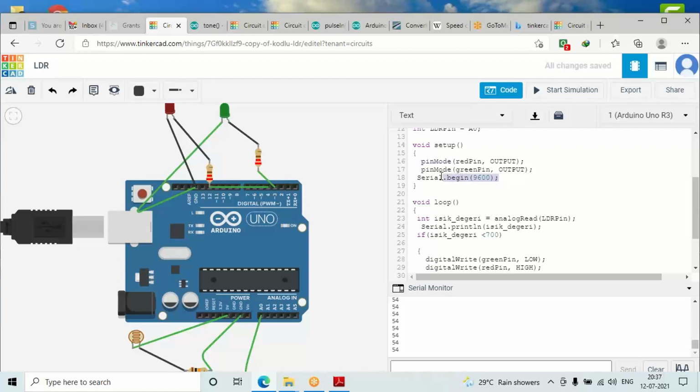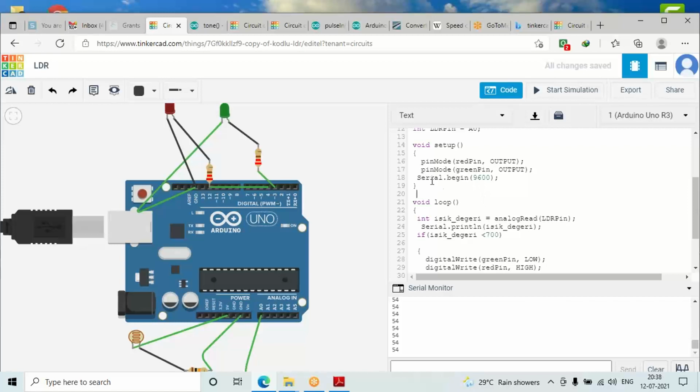Now we have activated the serial monitor. This serial monitor which you are seeing here, if you want to activate it, you have to write the Serial.begin function. The Serial.begin function activates the serial monitor, and the values are printed at a certain rate of printing. That is called the baud rate. If you remember, when I was teaching you serial communication, we talked about baud rate, which is bits per second. Generally it's 9600 bits per second, so I have kept 9600 here.